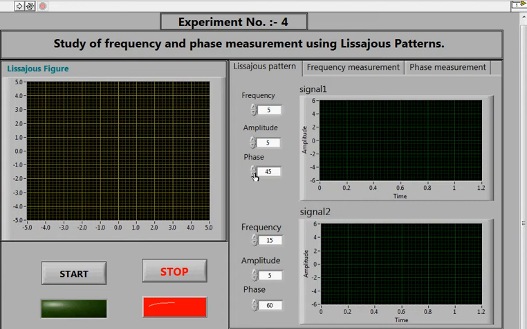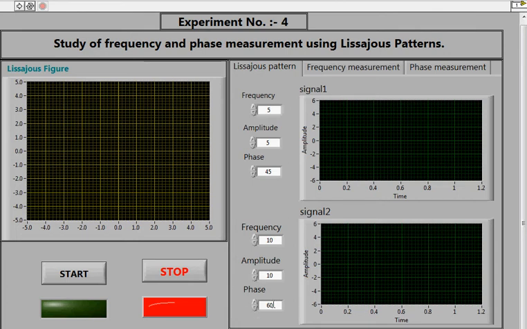And for the second signal, I again select the frequency and the amplitude. Suppose I select 10 to be the amplitude of signal 2, and the phase of that signal to be 60.